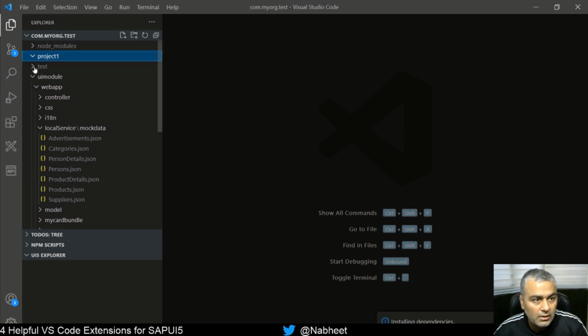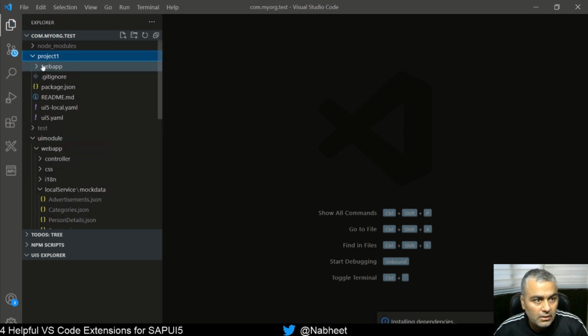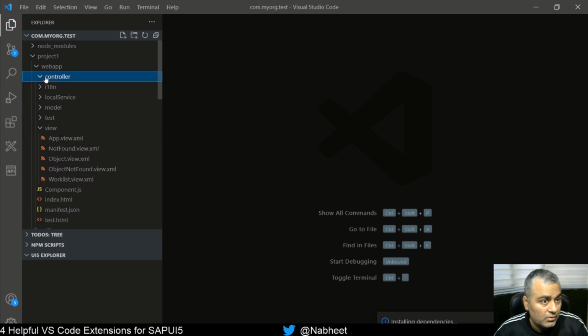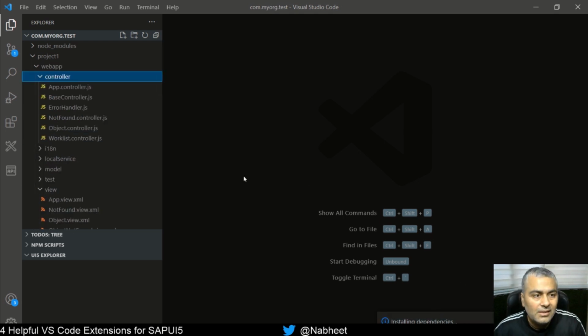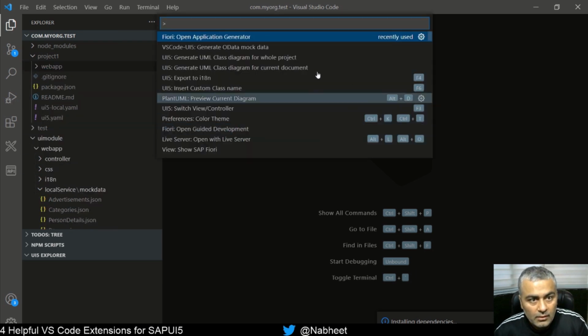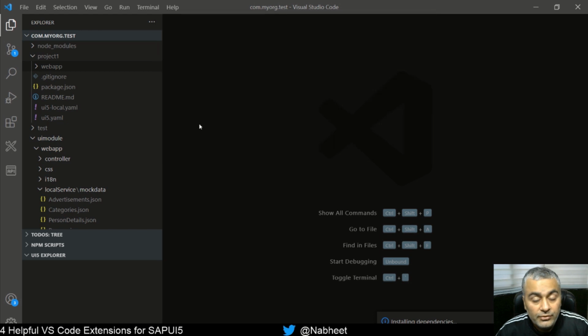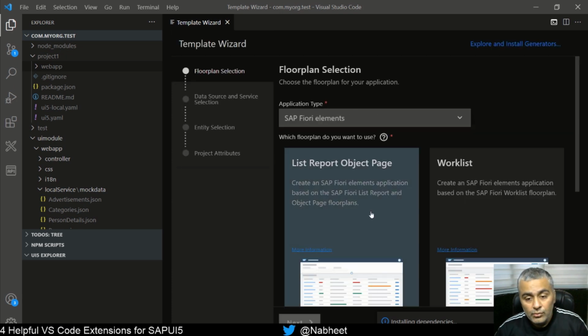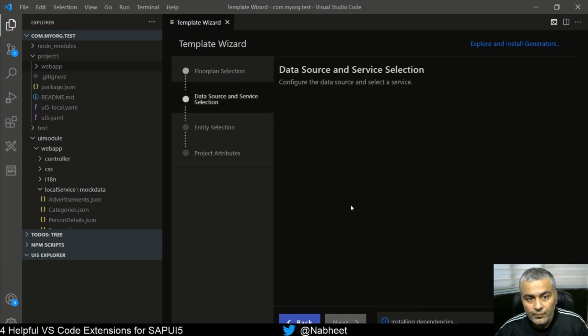If you can see, this is already created. It is also up and running. So it has views, controllers, everything automatically generated. It is installing the dependencies. And in case you have chosen a Fiori Elements app rather than the Fiori SAP UI5 custom one, it also provides you, for example, if I choose list report object page, I say next,